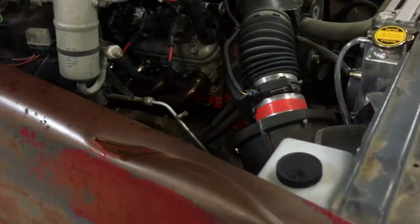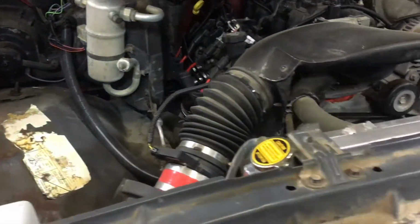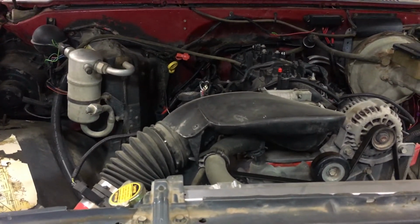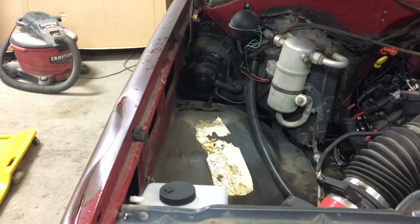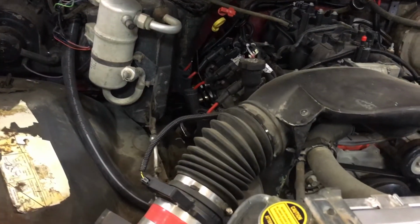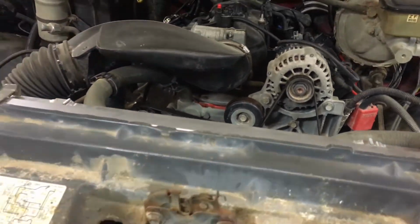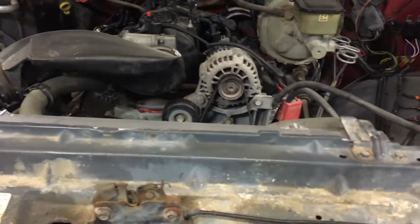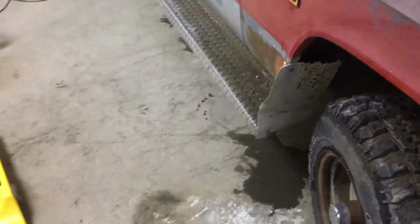So, I know where that one piece is leaking underneath, but I ain't really too 150% worried about it. It runs, it's got brakes, probably needs brake fluid, and I think it needs a little bit of power steering fluid. It sounds like it when you're turning, but seems to shift pretty good. Drives like an old lumber wagon Chevy truck, but you know,